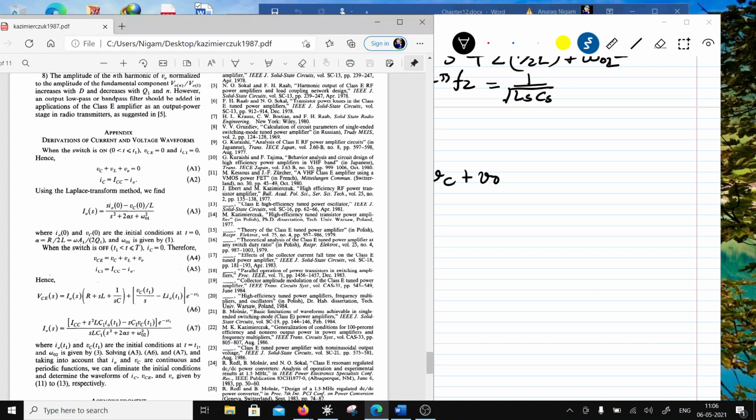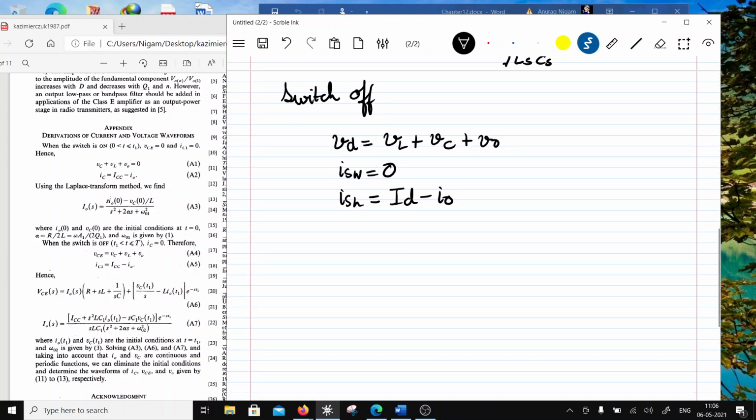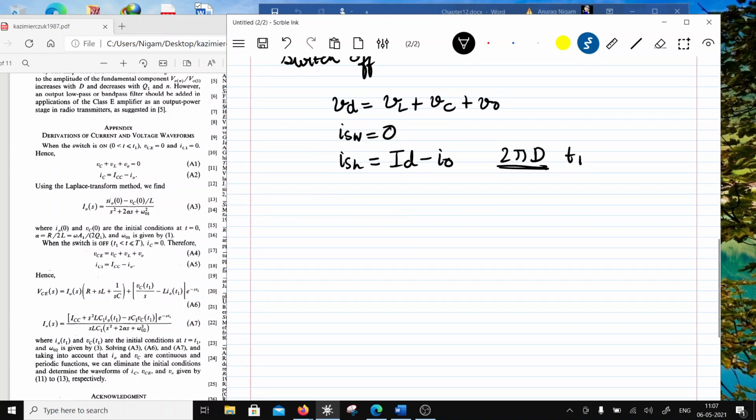Correct? And in this case, ISW is going to be equal to 0, and ISH is going to be equal to ID minus IO. And then the initial conditions are at turn on, so that is at 2πD, right? So at this point where it turns on, that's the initial condition for this set of equations, or T1,